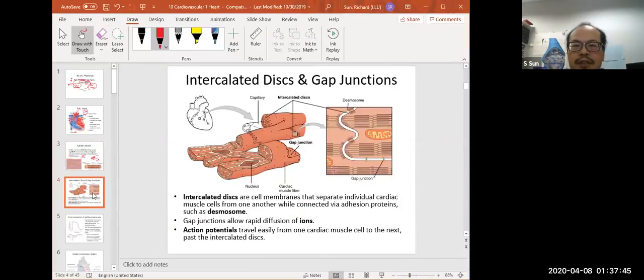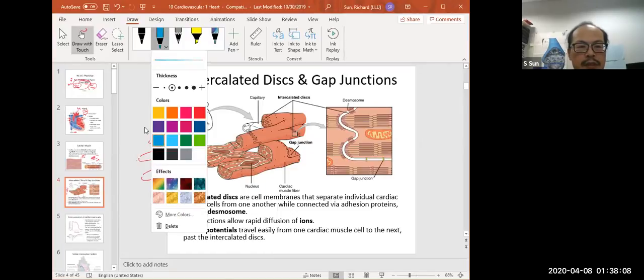One thing unique about this cardiac muscle is that they all connect together. So let me draw it in an easier form. Basically, in the skeletal muscle, each muscle is separate. You will need the nerve